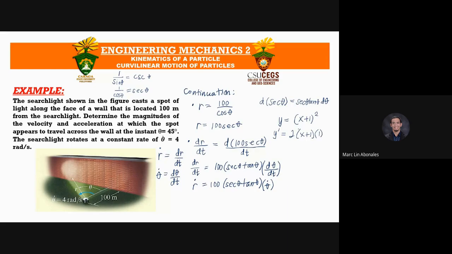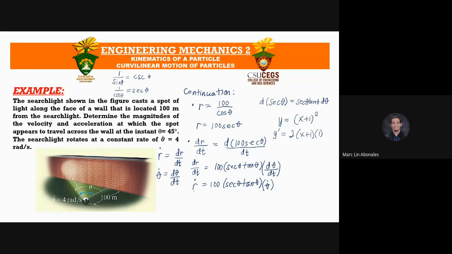So mura siya og isa-isa ninyo derivative. So unsay derivative sa x plus 1 squared, so mao nang 2 times x plus 1. Og derivative sa sulod, mao na ang 1 na derivative. So dire, ang derivative sa second theta, mao nang second theta tangent theta, and derivative sa sulod, which is the theta, so mao na ang d theta over dt. But anyway,